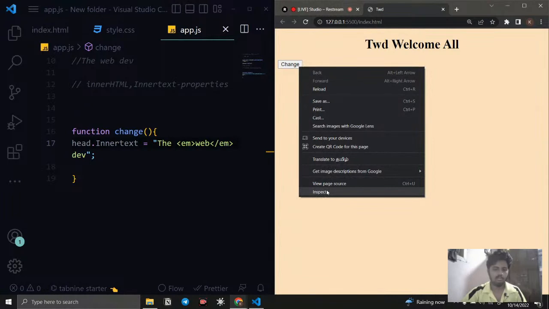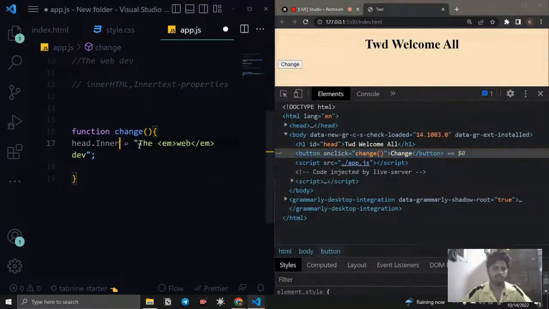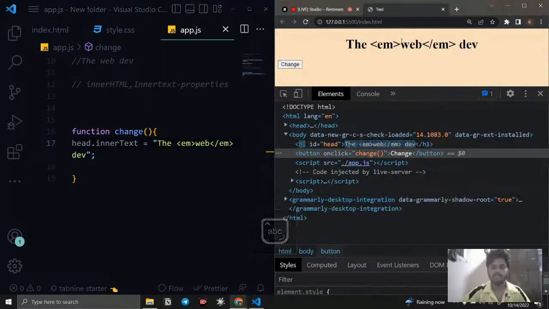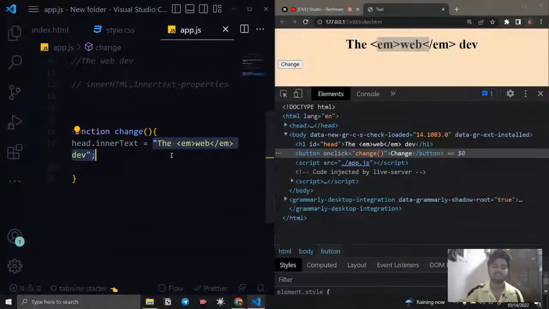Okay, what happened? Is it anything I changed? Okay, I made it inner text here. If I click it, you can see what the inner text does: it just takes whatever we are giving as a result and displays it. It doesn't know what is an HTML element or anything. It will just place it. But